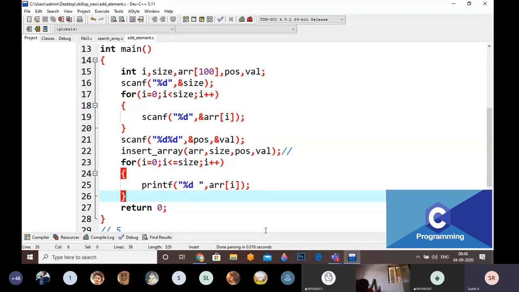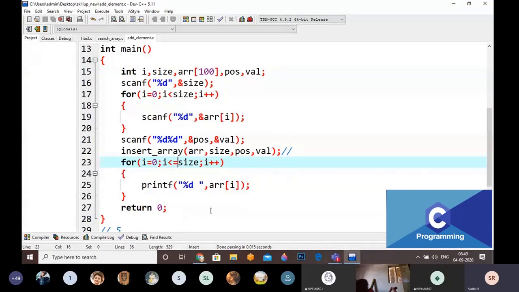There is no need to pass the array address specially. If you are passing ARR, the name of the array, it automatically passes the address of the first value. That's why there is no need to check whether it is an address or not. It is always an address. But there is a small mistake here. What is that mistake? I will explain. Just note down the main function only.